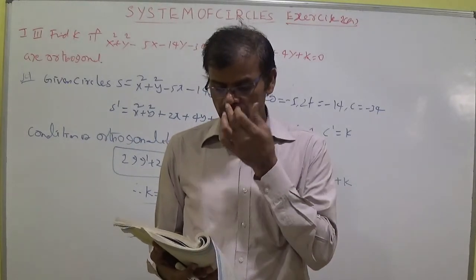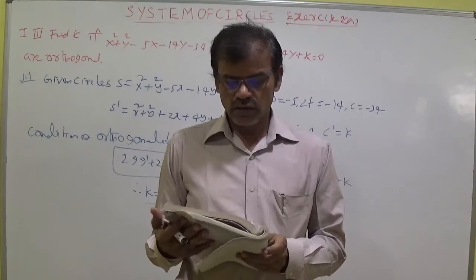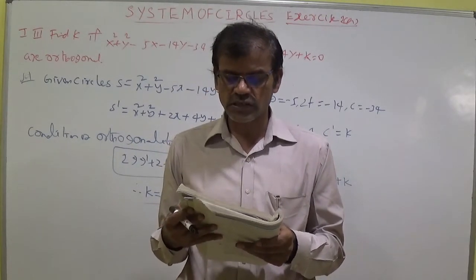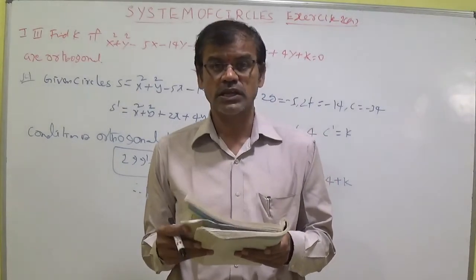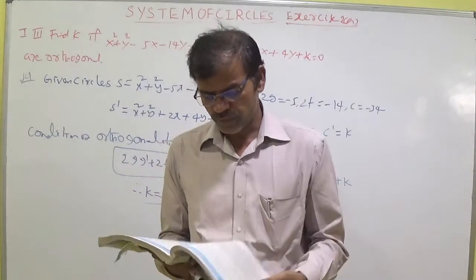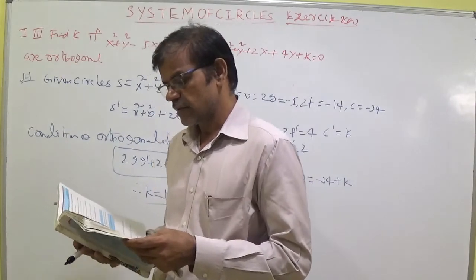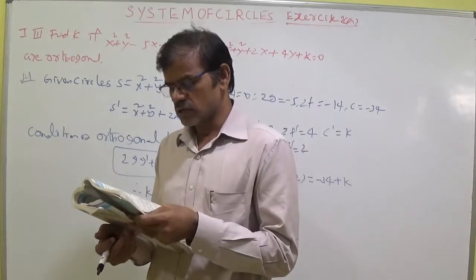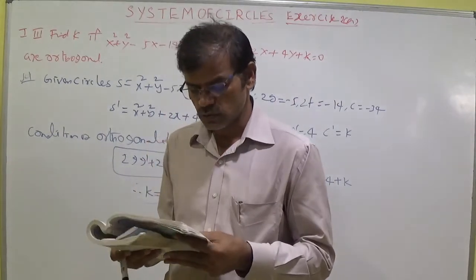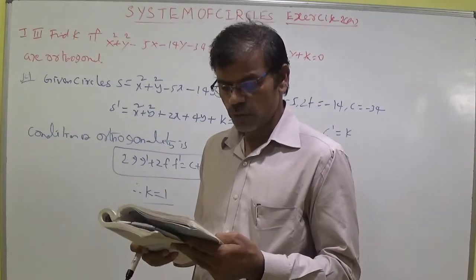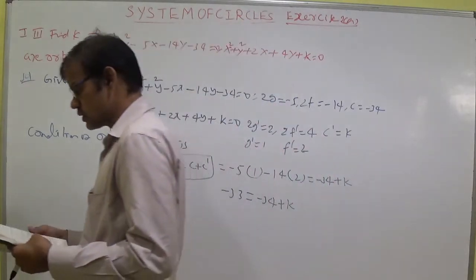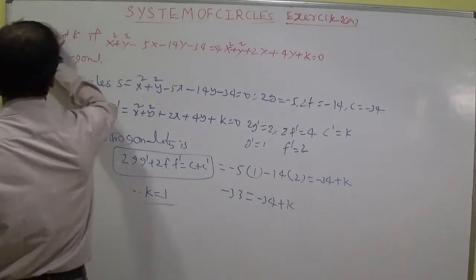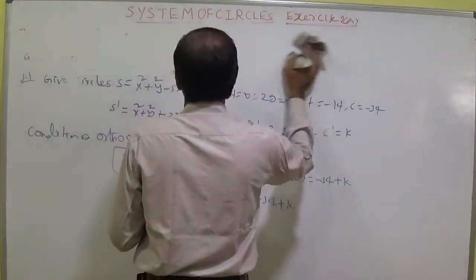On page number 88, the fifth question is there. Find the equation of circle passing through two circles that intersects each of the following three circles orthogonally. I will say another method, don't do it now. Now let us discuss the angle between circles, third question. In the remaining, two sums are there, you do the two sums. Now on page number 88, Roman number 1, third question I want to discuss with you. So that the angle between these two circles is 3 pi by 4, because it is also a 2 marks question.